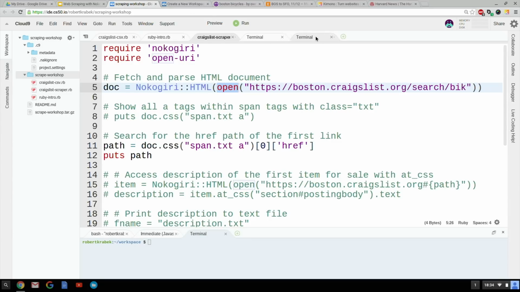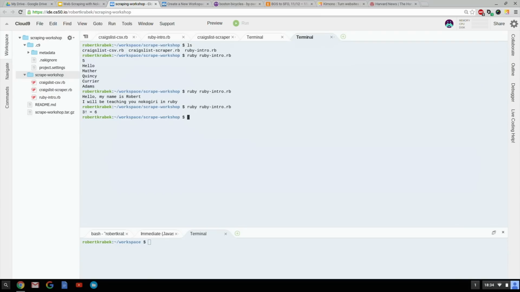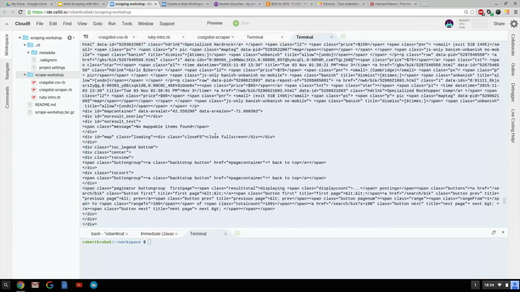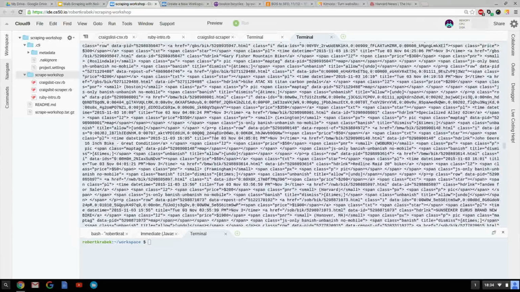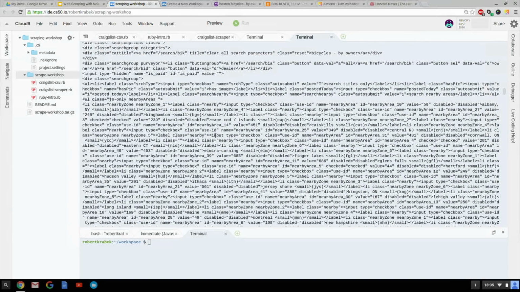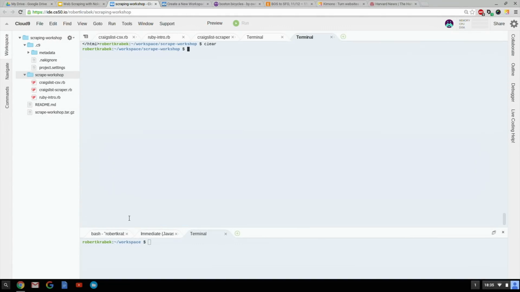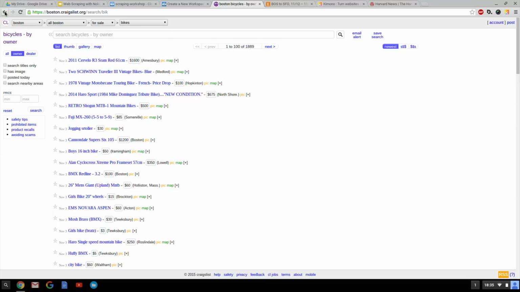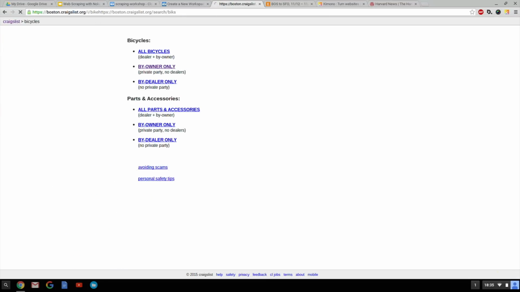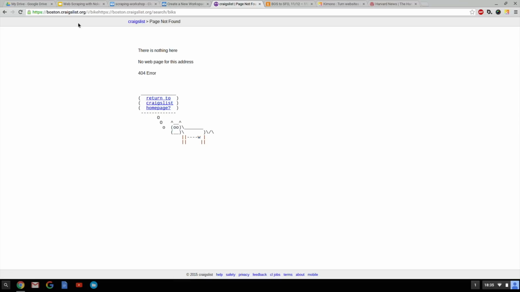So if you are unfamiliar with curl, I'll just show you real quick what curl will do. If I wanted to get all of the HTML from the Craigslist site, if I type curl, it just dumps all of the HTML from the Craigslist bicycle site onto my terminal. That's not particularly useful because I don't want to manually go through and find the thing I'm looking for, but just so you can see that I'm actually using the right